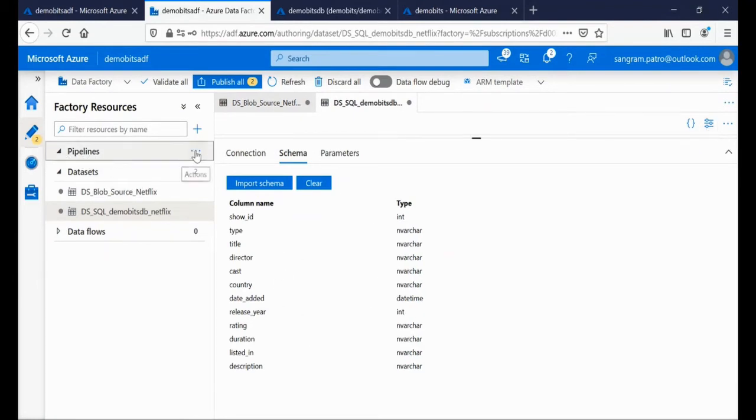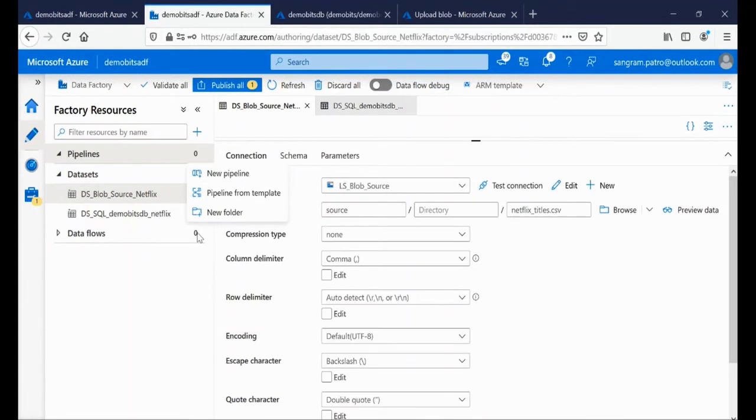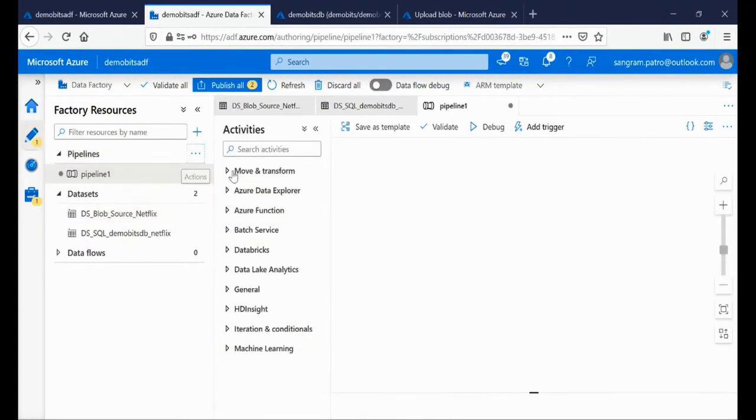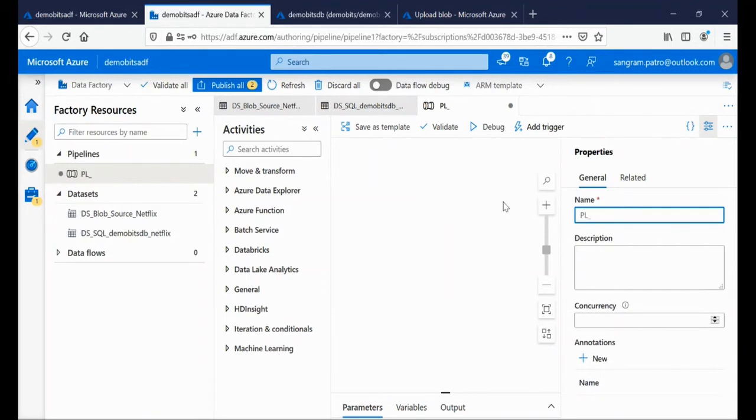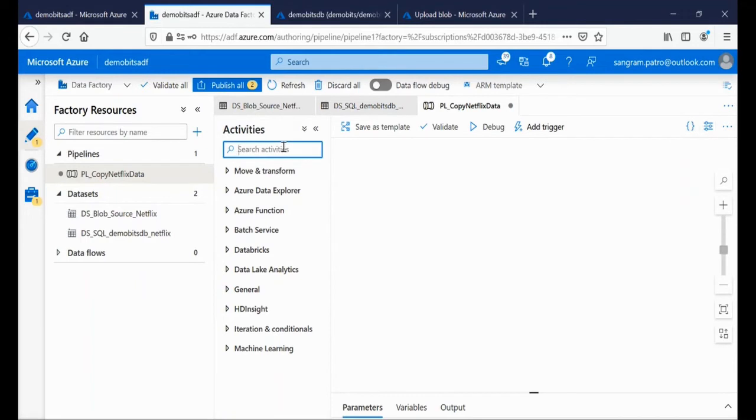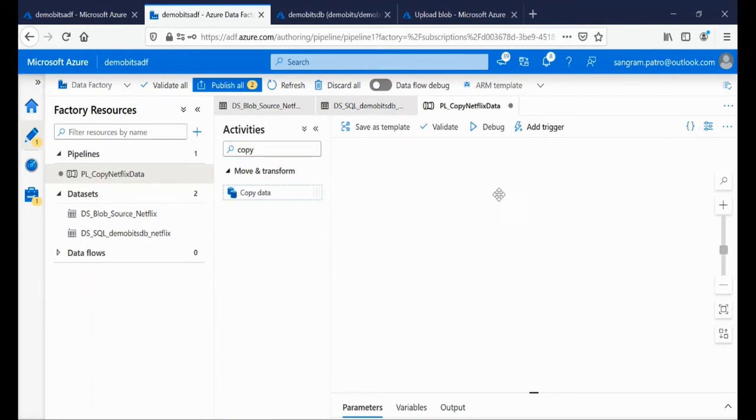And then let's go to the pipeline and create a new pipeline. Let me provide the name to the pipeline, PL_copy_Netflix_data. Then minimize this and extract a copy data activity.